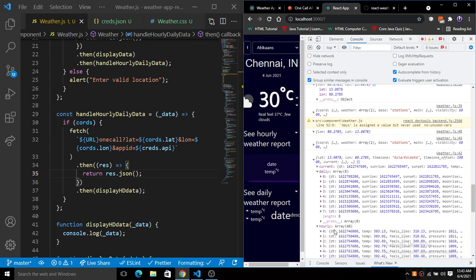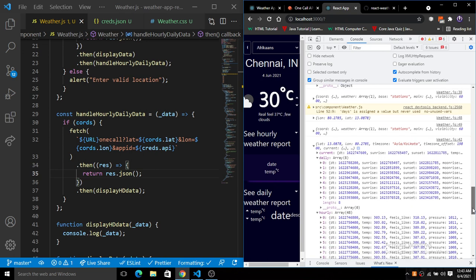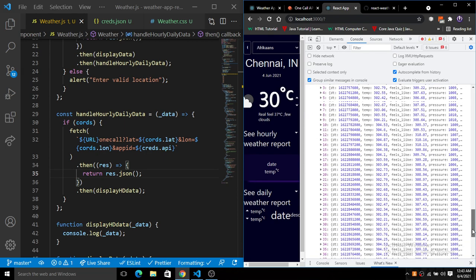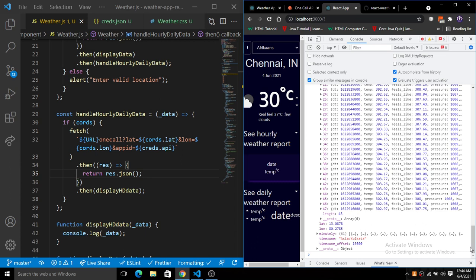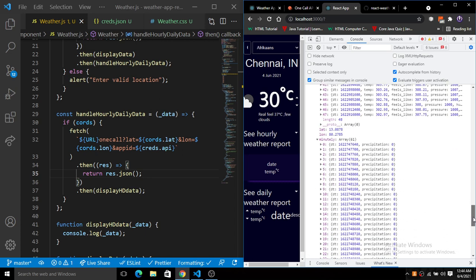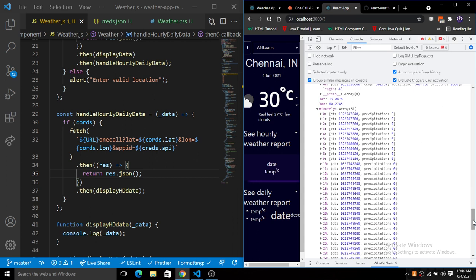Then we have this hourly data, that is 48, means it has 48 hours of data, right? So next 48 hours of data we have here. Then we have minutely data, and it has the data for the next hour, right? So this is the whole thing that we have.